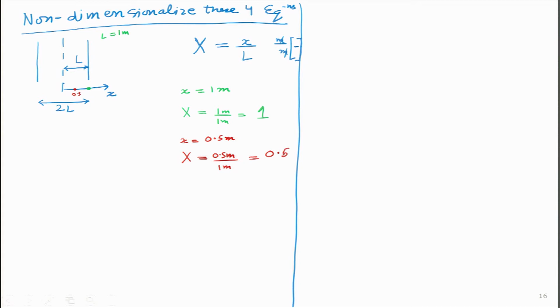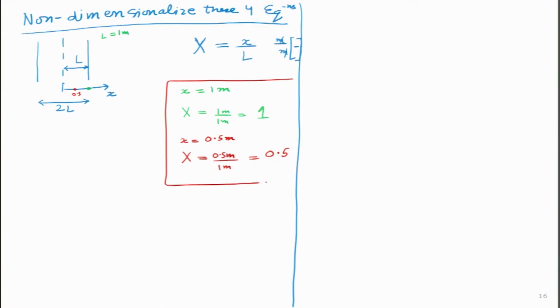It is kind of like when we all obtain marks, I can always tell my friends or parents that I obtained, let us say, 10 marks out of 20, or I can always non-dimensionalize it and say I got 50% marks. So, it is as simple a concept as that. This is just the first parameter that I have non-dimensionalized. Let me write it again. The first parameter I will non-dimensionalize is the distance x.